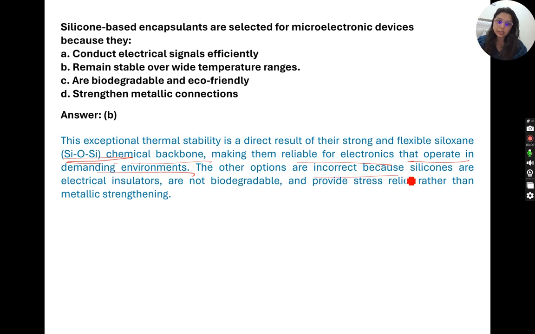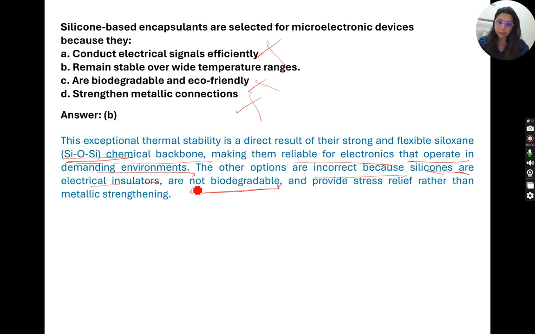The other options are incorrect because silicones are electrical insulators, so the first option, conduct electricity, is wrong. Are they biodegradable? No, they are not biodegradable. Do they strengthen metallic connections? No. And with the term non-biodegradable,